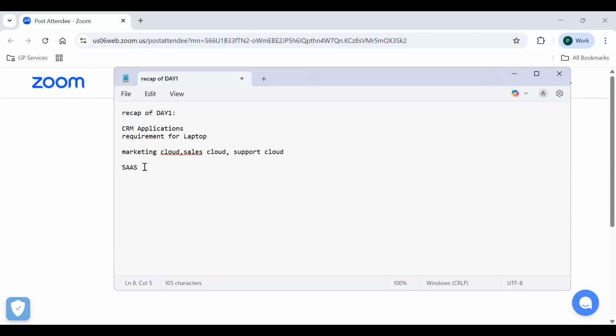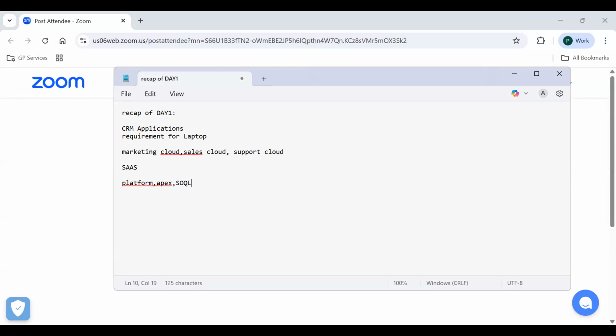Salesforce also has a platform, and it has its own development language called Apex, and its own database language called SOQL, which is nothing but Salesforce Object Query Language.